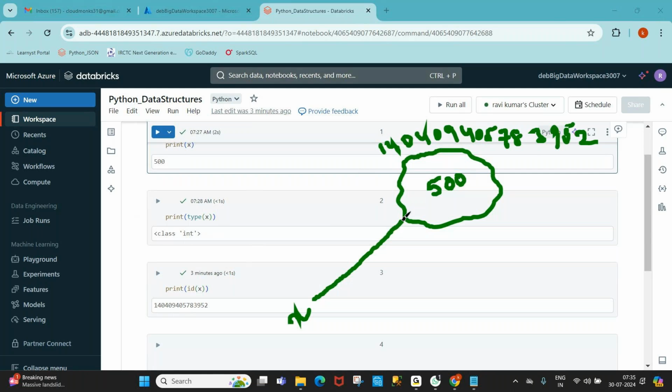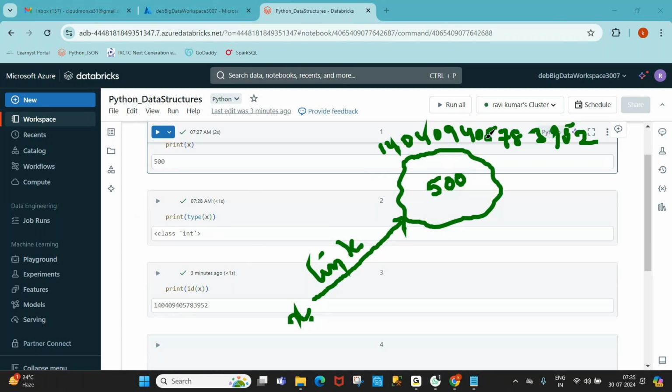Now a variable is nothing but just a link. A variable is a link to the memory address, a reference link only. Now tell me, is it a named object or an unnamed object? 500 is a named object.